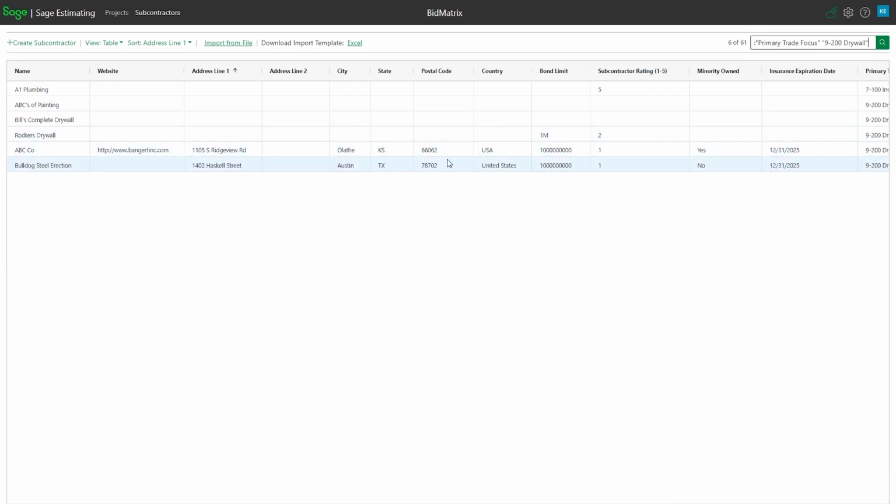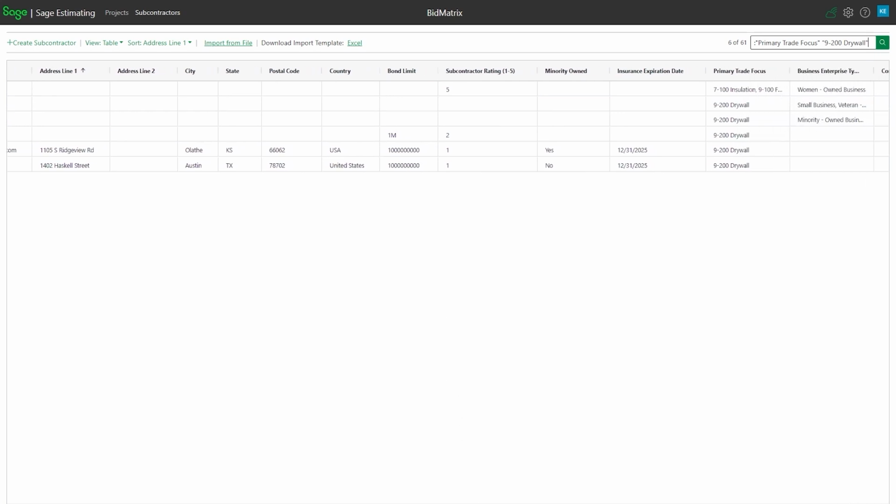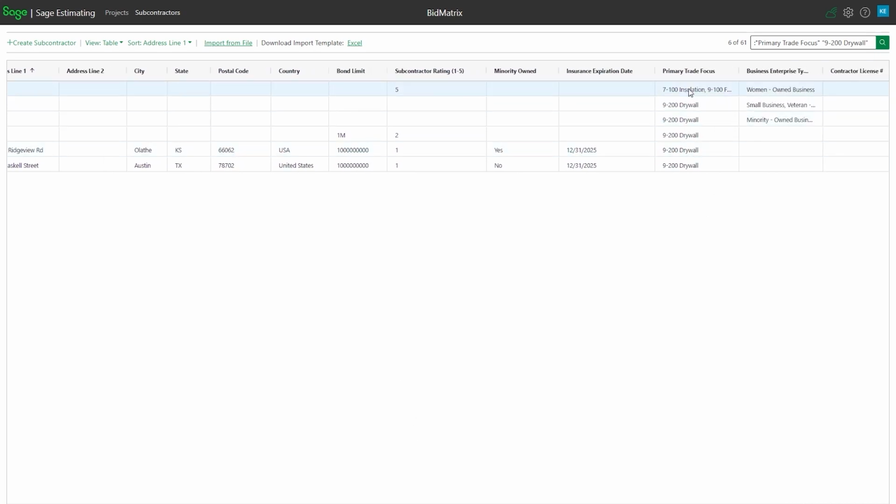And now you'll notice that my list is filtered, and if I go a little farther to the right so that I can see the trades, you'll see that I've got the different trades listed out there. So it's a nice way to take this massive list of information and dwindle it down to something smaller and manageable. Now, the other thing that's pretty neat is you can do multiple combinations.